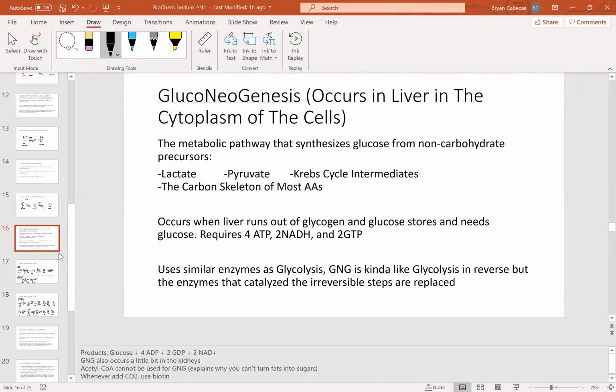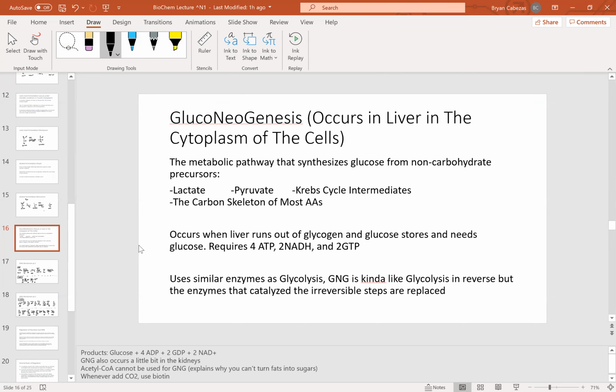Okay. All right, so next we're going to have the conversation of gluconeogenesis. It's just a pathway that, as it says in the name, is going to produce glucose, right? Neo means new, and genesis means to start. So we're going to be creating new glucose. Okay, this process occurs in the cytoplasm, but specifically of liver cells. And the reason why we can explain why it's in liver cells is that the liver is going to be the organ that really is going to be taking care of the homeostatic control of your blood glucose.